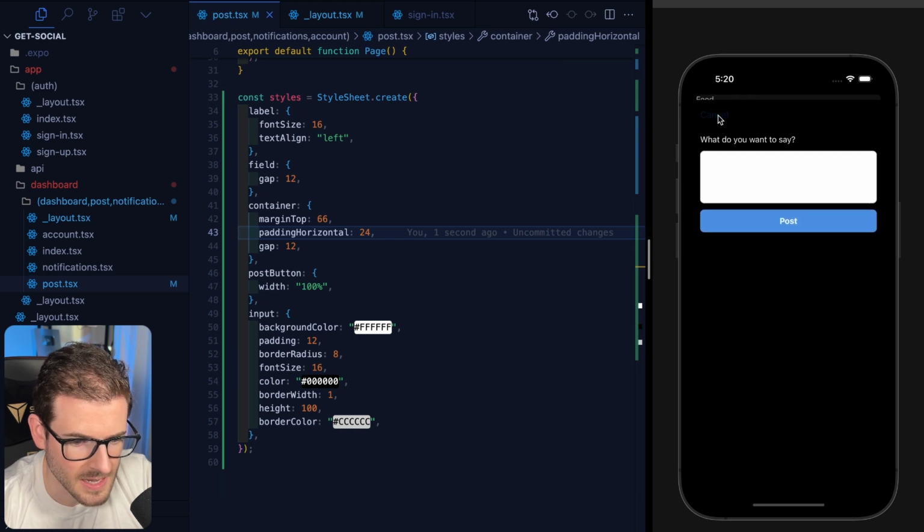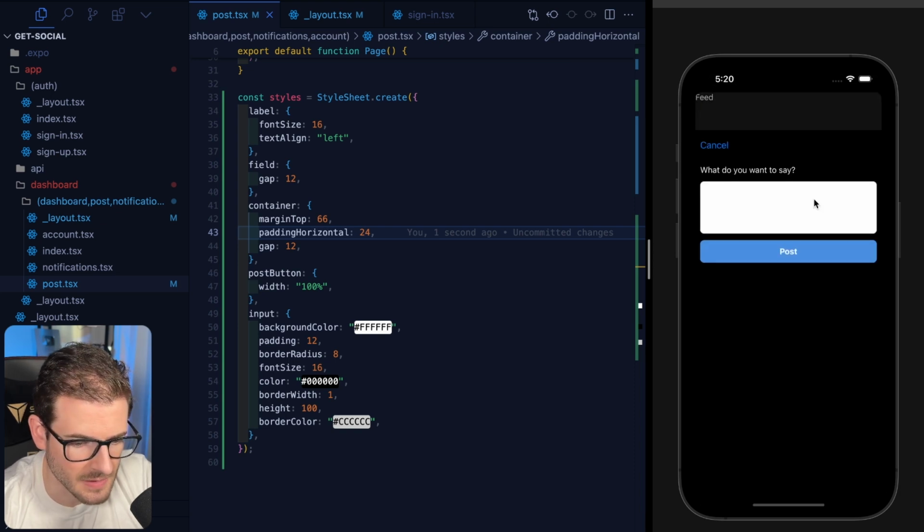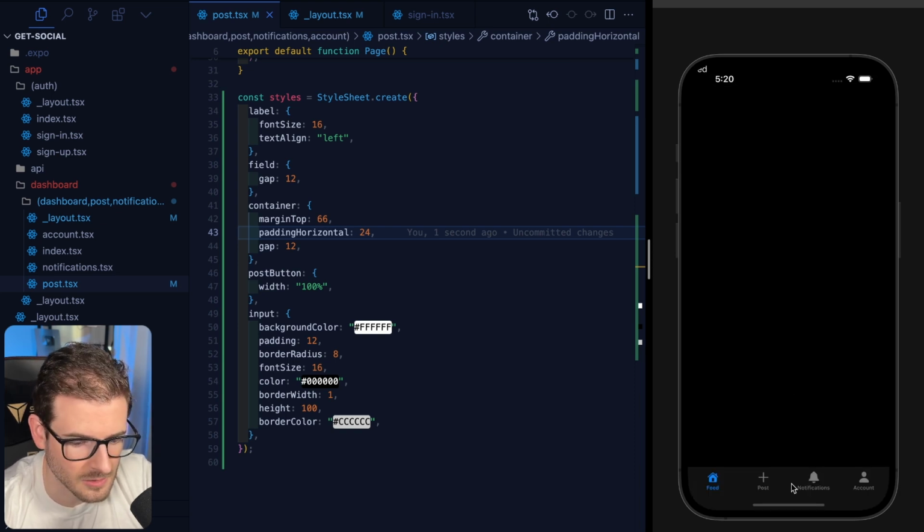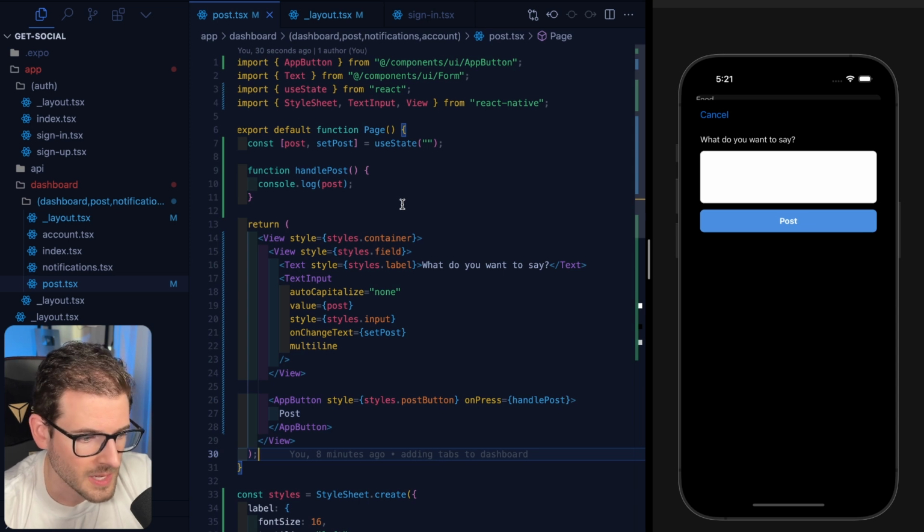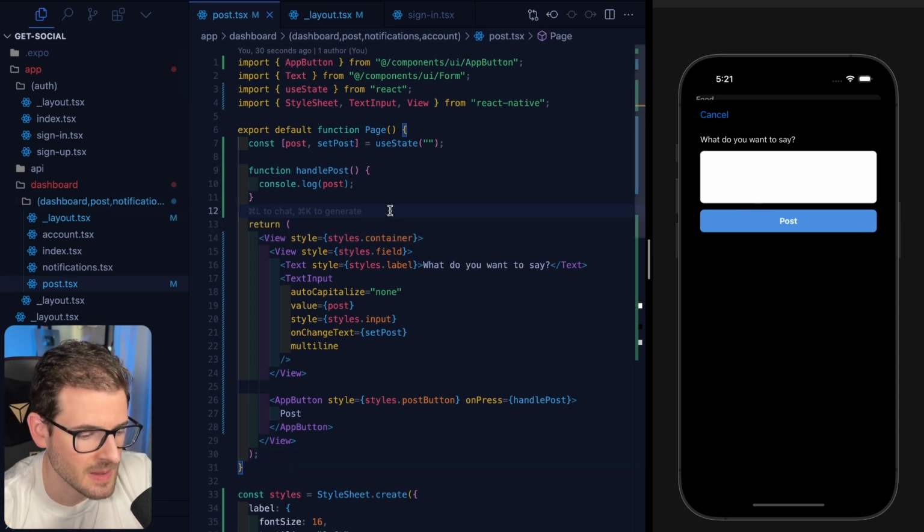Okay, so now if you click cancel, it basically just goes back, which is going to automatically collapse this thing. But they can also just click and drag it down if they want to. Okay, there's different ways they can close it. All right, so now when a user tries to click on post, we want to send data to an API,